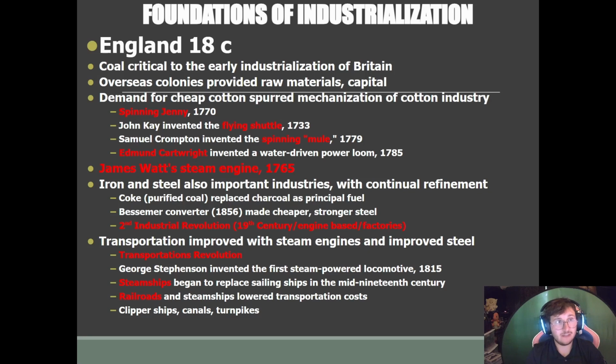By 1765, James Watt invents the steam engine, and the steam engine would become critical to industrialization going forward, which we'll get into more next time. Steel and iron are also important industries with continual refinement. Coke, which is a purified coal process, replaces charcoal as a principal fuel. We have a new way to make steel stronger and cheaper called the Bessemer process. That's going to be in